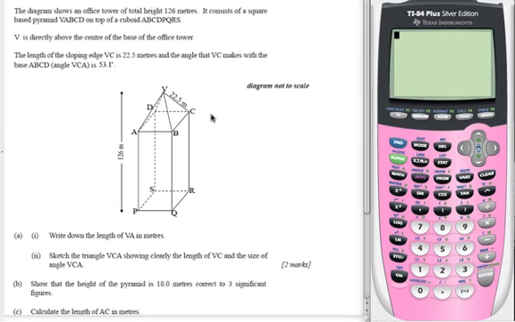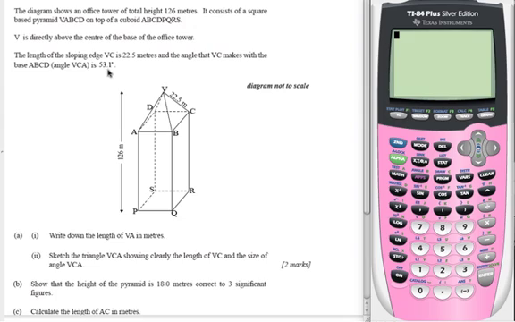Okay, so here we've got a 3D problem. The diagram shows an office tower of total height 126 meters. It consists of a square-based pyramid on top of a cuboid. V is directly above the center of the base of the office tower. The length of the sloping ledge VC is 22.5 meters, and the angle that VC makes with the base